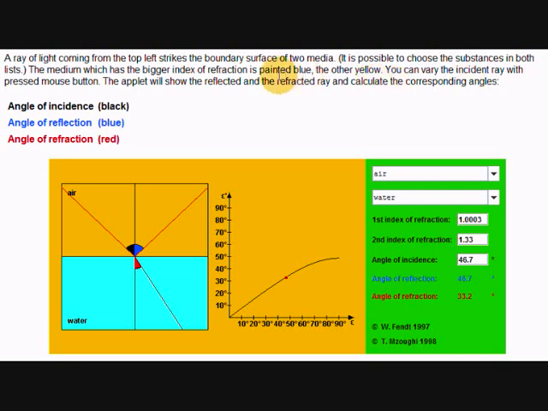Okay, so looking at the wave nature of light again, what we're looking at now is reflection, refraction, and diffraction. The first two, reflection and refraction, are what we are looking at for the moment. Basically what you've got is two different media. Air is the medium colored in yellow here, and the other medium is water, and this has got